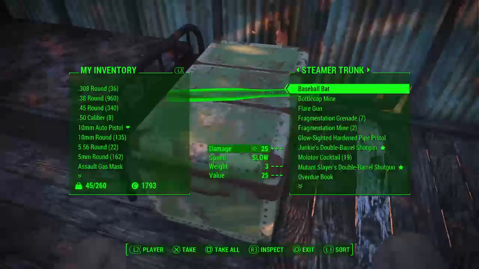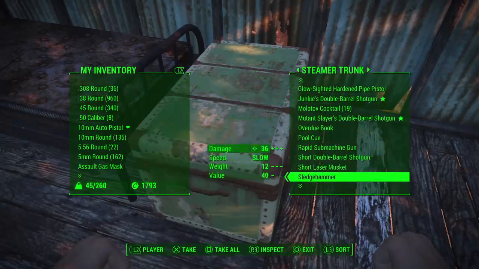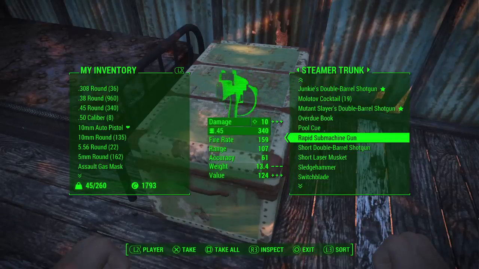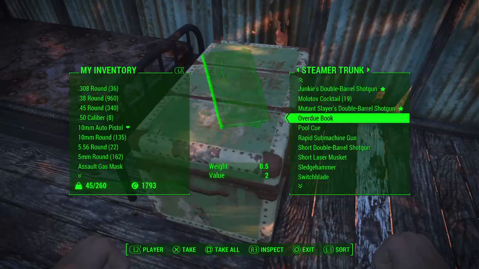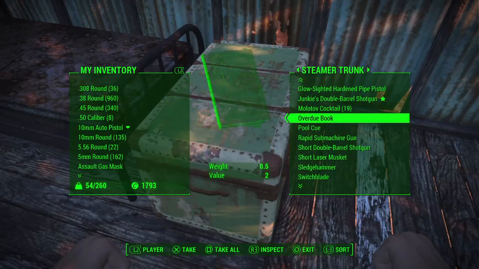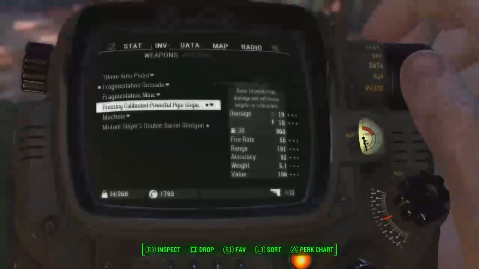I'm wondering if it's worth taking something else for close range stuff. I might actually take the laser musket. Is that submachine gun? I think I'll keep that for now. Laser musket weighs a lot, doesn't it? What about these shotguns? They don't weigh as much. In case we come across some super mutants, I'll take that shotgun. And we will put